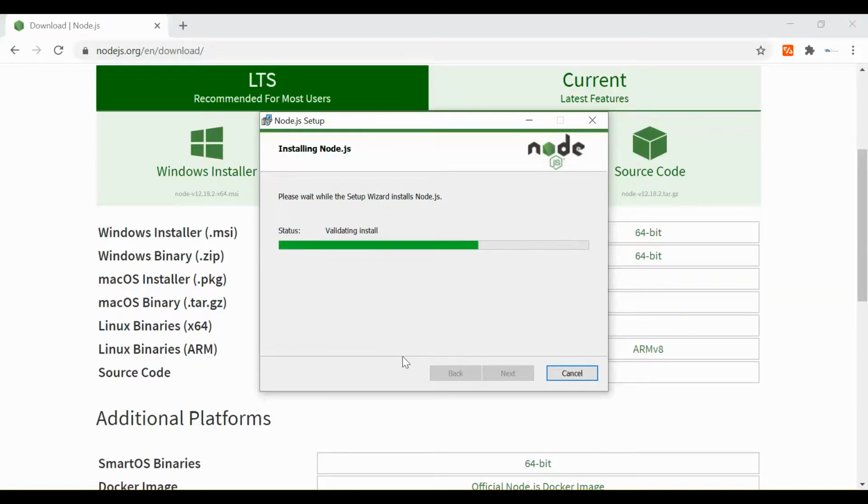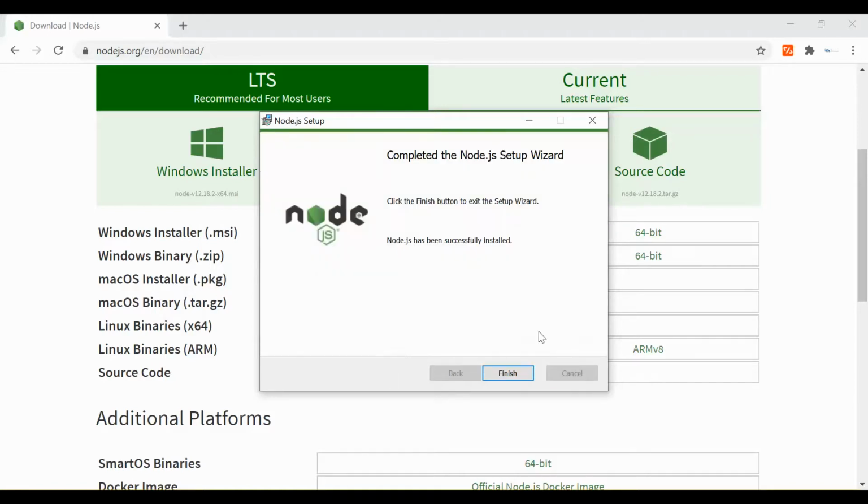It takes a few seconds to completely install Node.js. Okay, Node.js has been successfully installed.